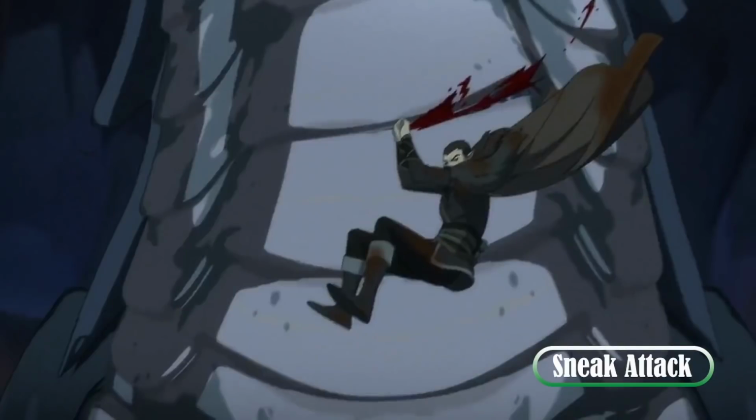Next, we get an example of his sneak attack, where when he has advantage on the attack while an enemy is unaware, while fighting other enemies, for example, like right now, he gets to add additional dice to his damage roll, and in this moment it also looks like it's possibly a critical, as he slits open the throat of